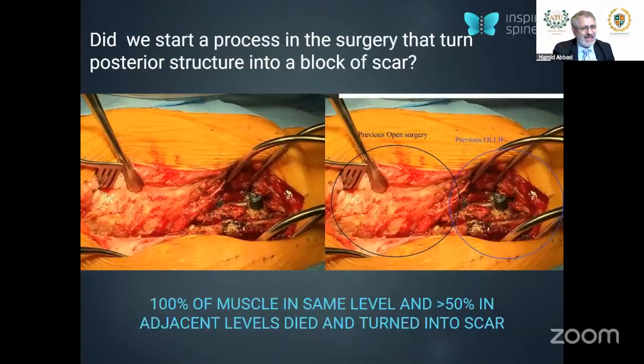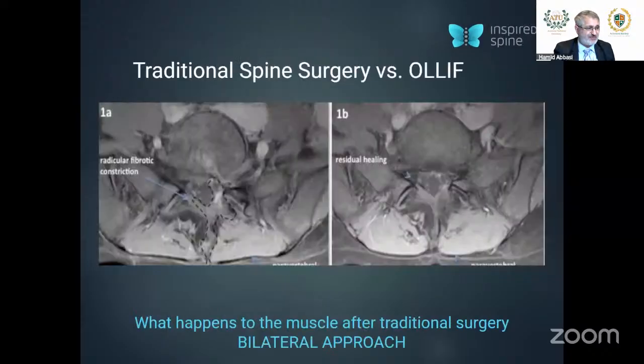This is a patient of mine. In 2012, I did a 2-level TLIF. On the left side, you see everything 6 months later is scar. There's nothing really viable tissue anymore. In 2014, I did an adjacent level OLIF. In 2016, the patient had a car accident. I took the patient back 2 years after the OLIF, and where I did the OLIF, the transpsoas approach, it's pristine tissue. That tissue helps the patient recover faster. So muscle sparing, whether you use OLIF, ATP, XLIF, or ALIF, really puts your patient on a better path to recover.